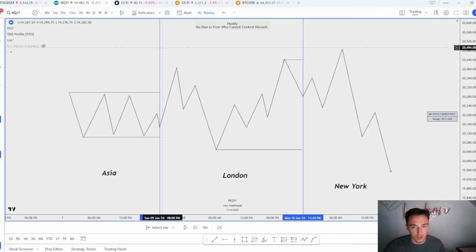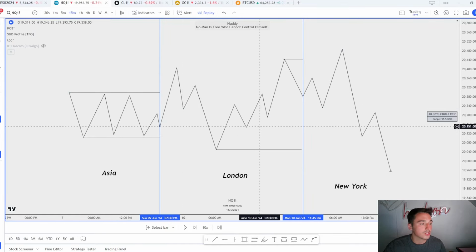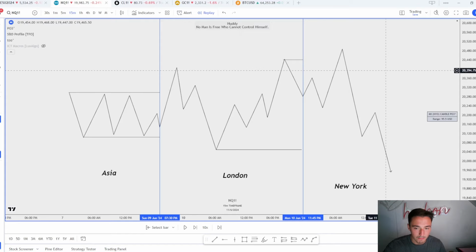These blue vertical lines are separating the sessions. So right here we have Asia. We see Asia's accumulating, and London opens up and makes a move higher to take out buy side. We displace back in the range and then go take the Asia sell side, right? So whenever we see that, whenever we open the charts for New York session, we can anticipate New York to